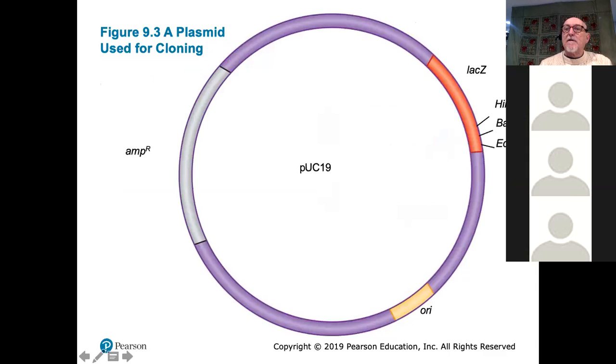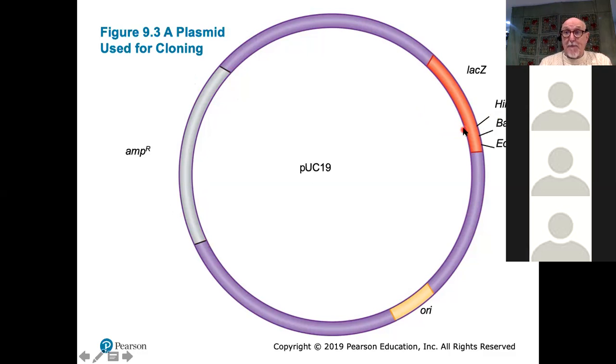Let's have a look at this diagram here. Remember what I said, you've got to test for two things. The first thing you've got to test for is did the plasmid go in? And that we can see because they grow on ampicillin plates. So that's what the function of this part is. It confers ampicillin resistance. So any cell that is ampicillin resistant and grows has the plasmid in it. But that doesn't tell us whether we successfully inserted our gene of interest